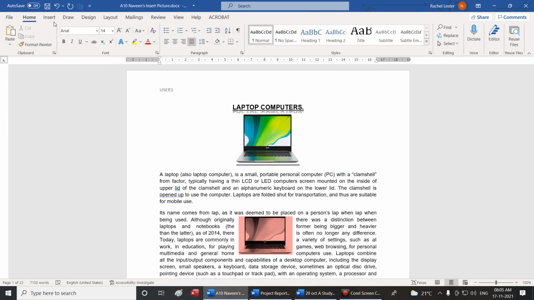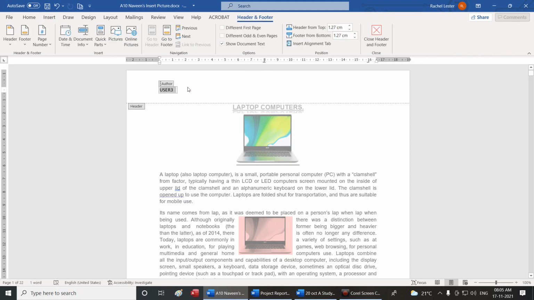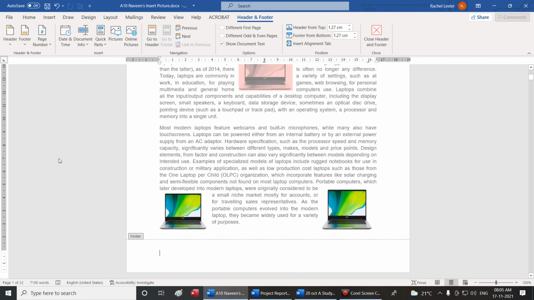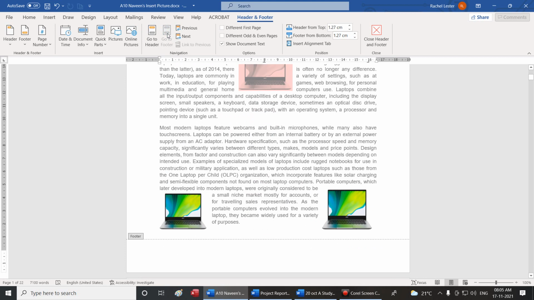Okay guys, we'll use this option again. I'll go to insert, or I just directly come to header and footer. Now I will go to footer. In the same page I will be brought, that means in page 1 only. I totally have page 1 of 22, totally 22 pages. I am in page 1 footer. If I want to move to header from the page 1 only, it moves to header. Again it moves to footer. This is one option. Now if I wanted to go to the next page footer, so this is page 1, I will say next.